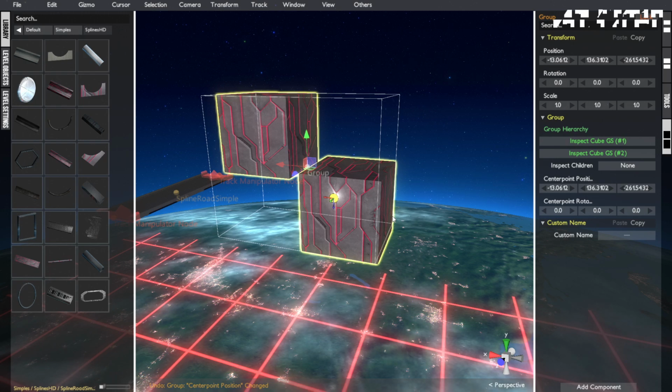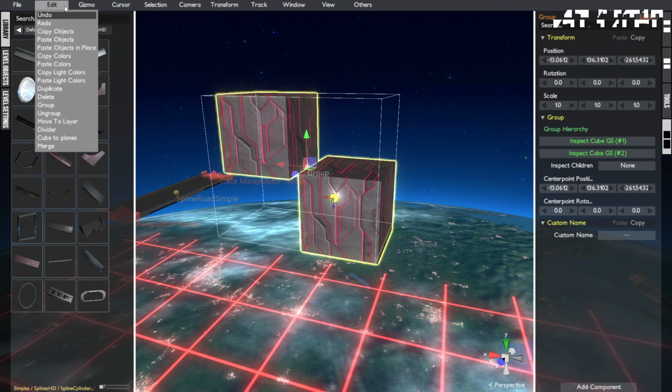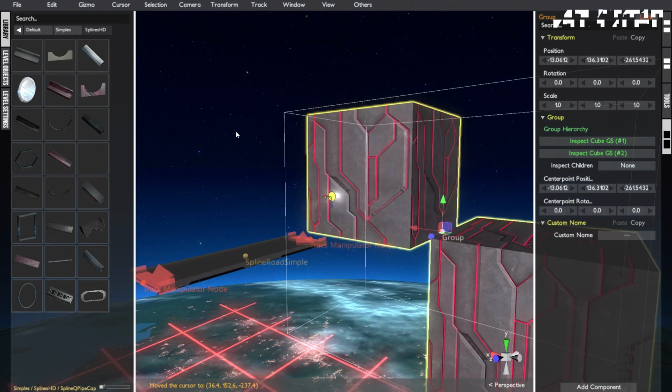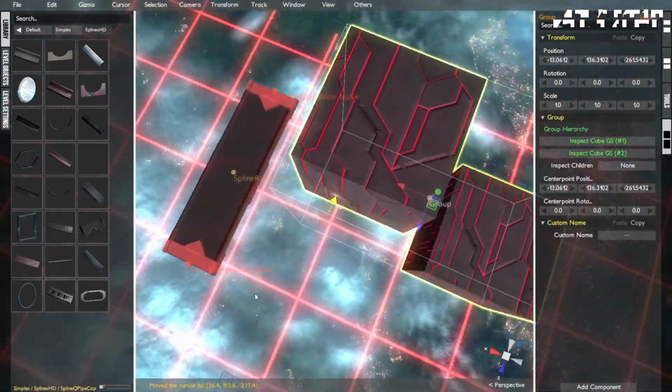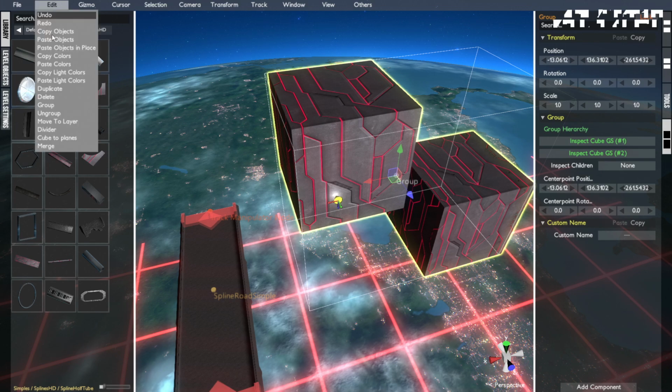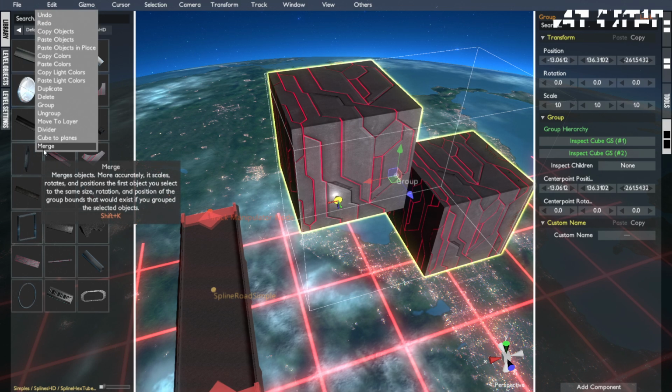And another thing that's available, so when you click on this, there's actually some extra options down here. So let me show off merge first. Notice how this group's box is this specific size. Well, merge will allow you to merge two simple objects of the same type together to make them one big thing. So in the case for CubeGS,